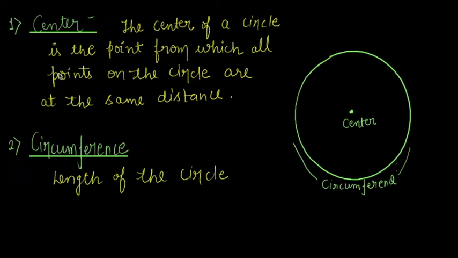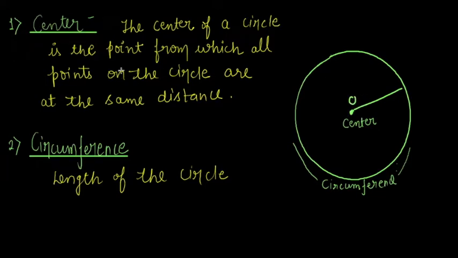First thing is the center. We have just discussed a center. If you can see, this is a circle, a curve we have drawn, and the center of a circle is a point from which all points are at equal distance, which we just discussed, right? So this is the center. Let's say the name of the center, we defined it as O.